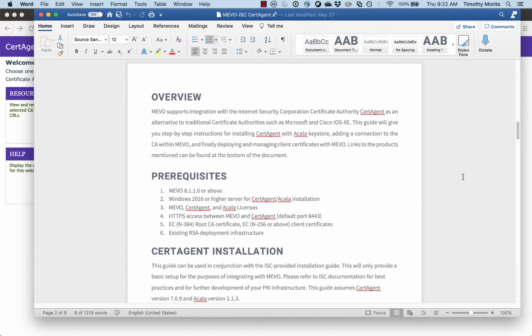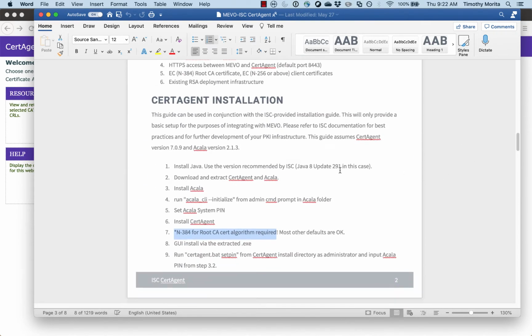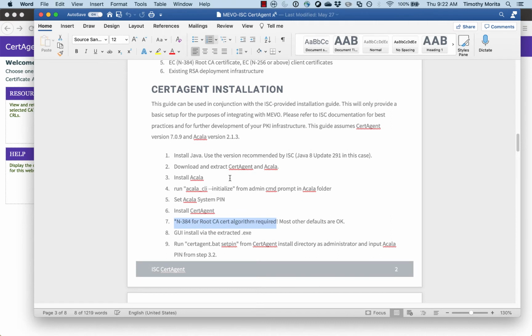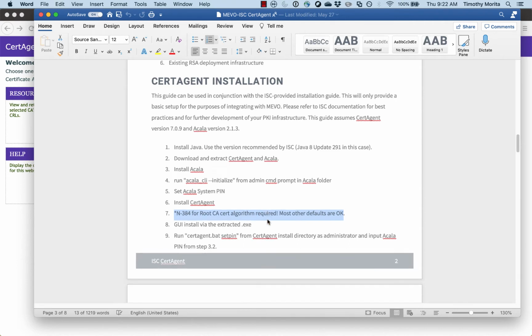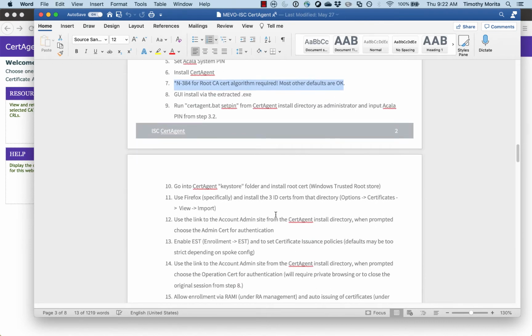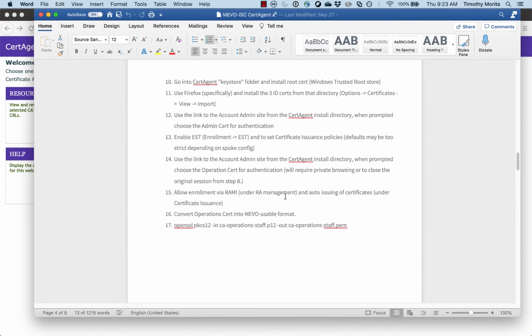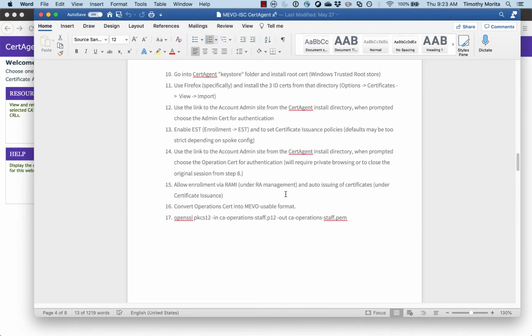will give a very brief overview of how to install it, but our brief overview also comes with some mandatory caveats when you install your CertAgent. So, things like using N384 for your root CA certificate algorithm is required. The other thing that you will need to do after it is installed and before we jump into the MEVO